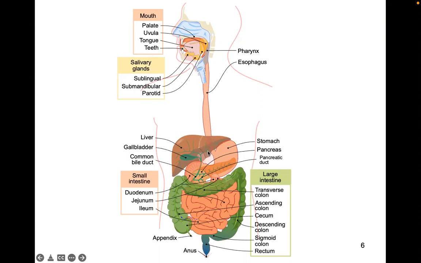Now, I should say there's a bunch of different regions of the digestive tract, and going from the esophagus, it's going to turn into the stomach. The stomach is going to turn into the small intestines. The small intestines are going to turn into the large intestines. The large intestines are going to end with the colon and then the anus, and then you're out, you're done, right? But they all look like different regions. That's because different portions of the alimentary canal all look a little bit different, but structurally, they're one connective tube, but they all have different physiological functions, okay, as you learn about in the book.